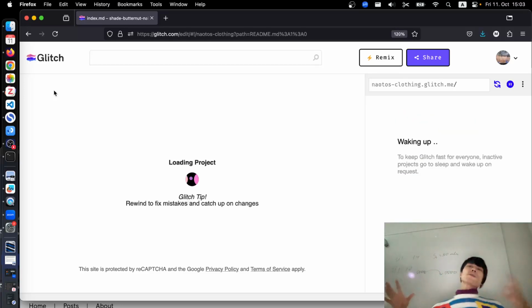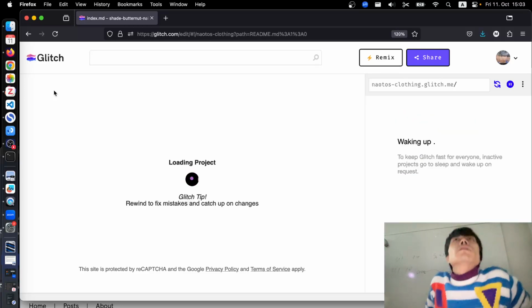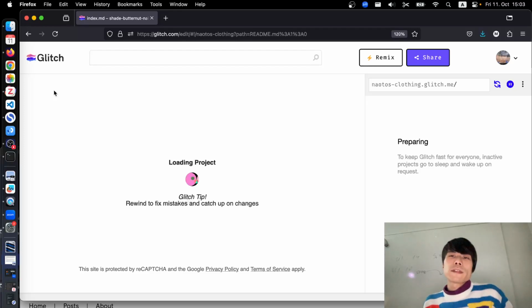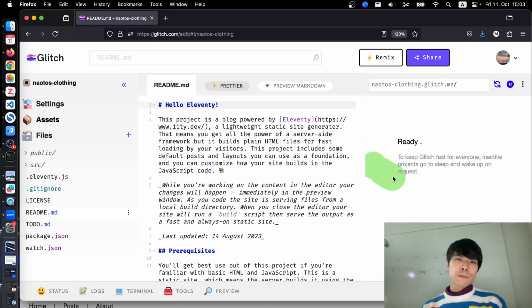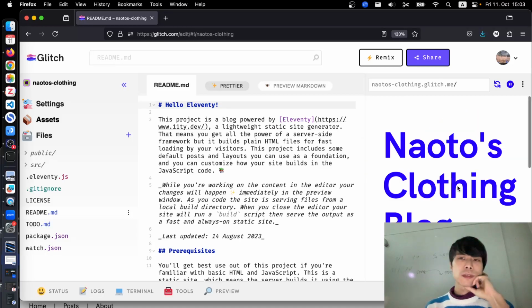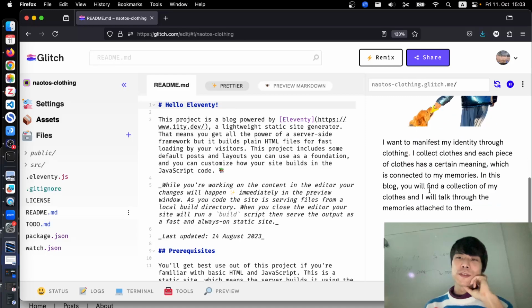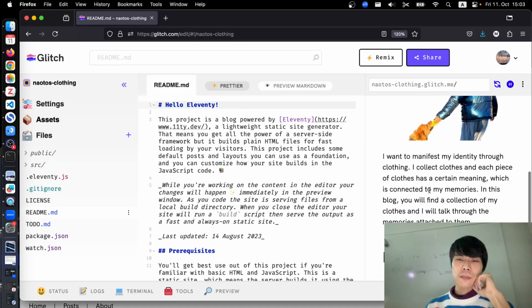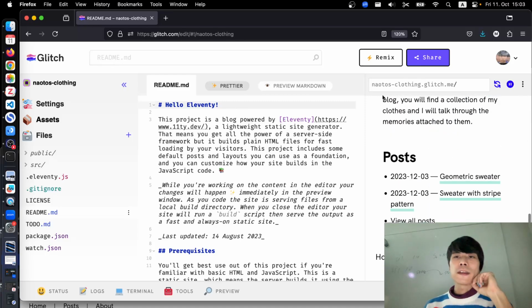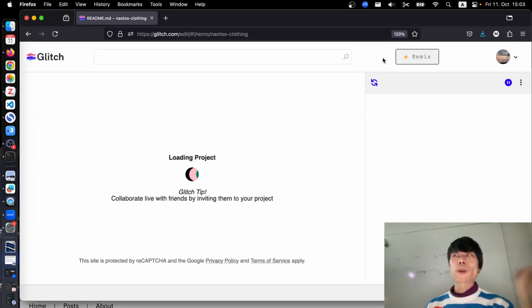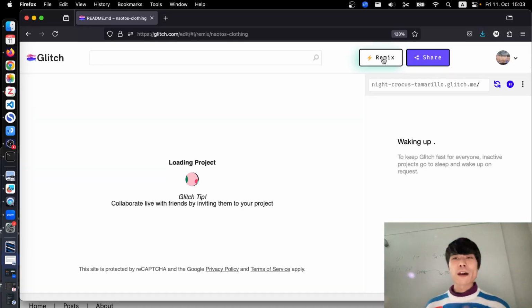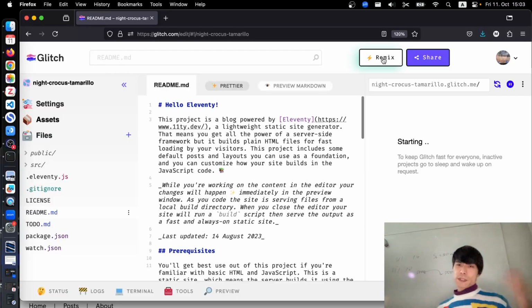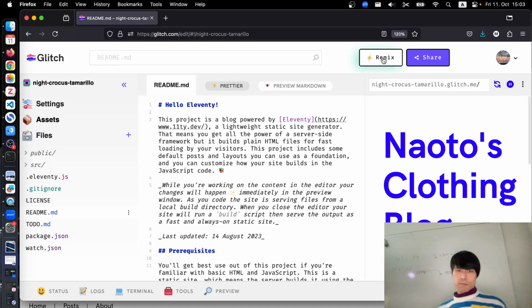The good thing is that I was editing this whole thing, but if I feel like, oh, I'm not really happy with what I did, I could also go back to the original one, which is, let's say, this clothing blog, this unprofessional version. I can go back to this and say, okay, I'll remix again because I want to start over from here and try to find a different direction, what's interesting to talk to my customers, for example. And then